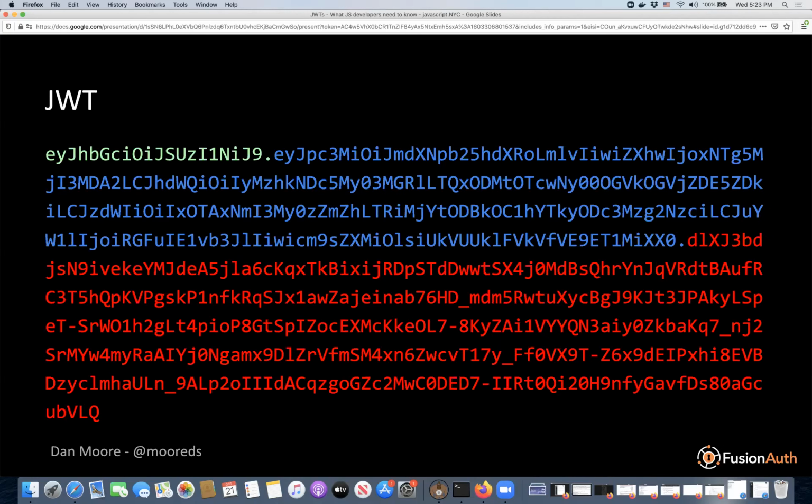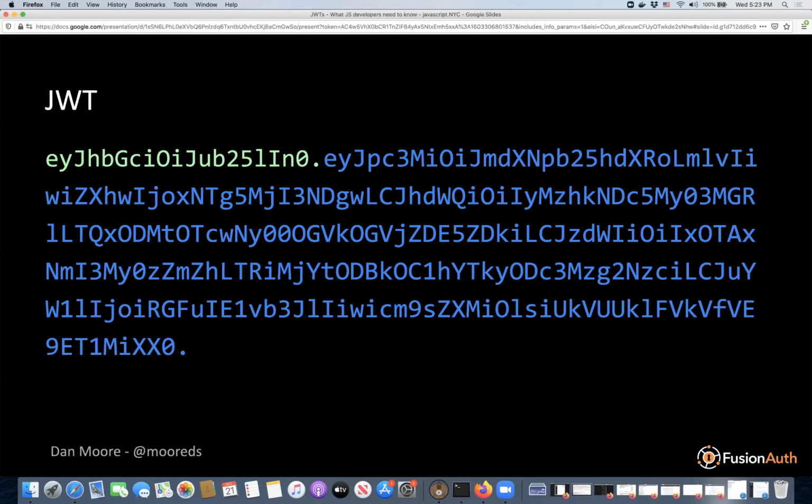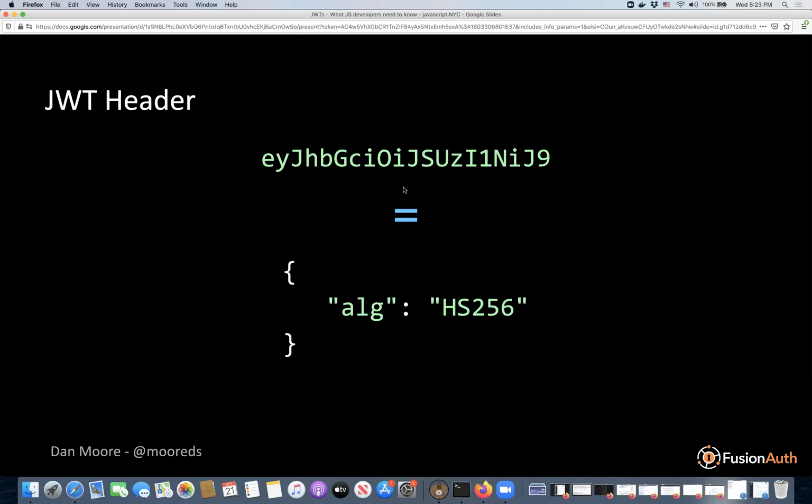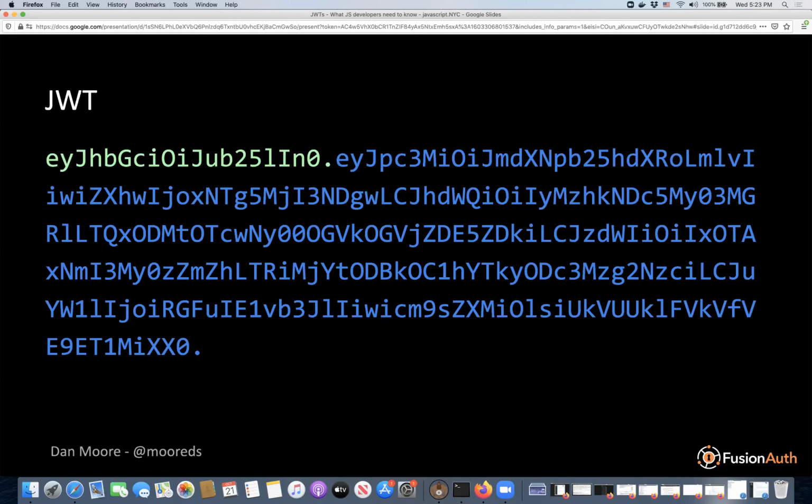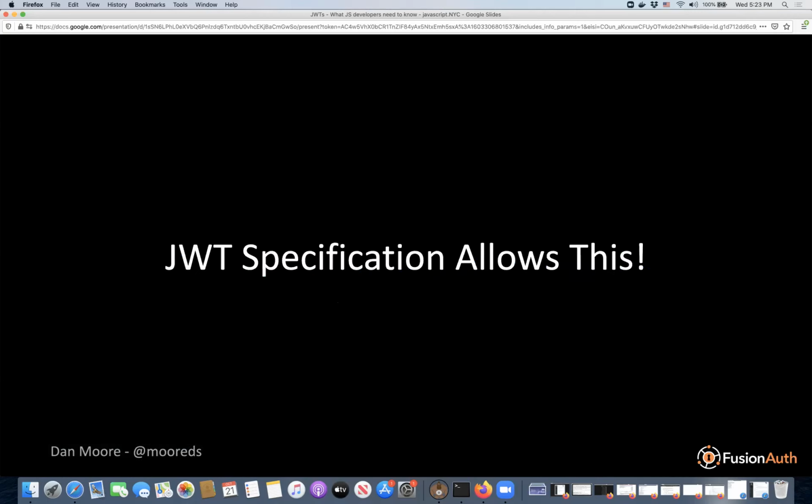So here's a little bit more in depth about dropping the signature. You can get rid of that red part, which is the signature, and that turns the JOT into this. The header is still there, but it changes the algorithm. Making this particular choice changes the algorithm to none, and the payload stays the same. So whenever you see a JOT that's missing that third clause, what you're seeing is algorithm none. The specification allows this, and